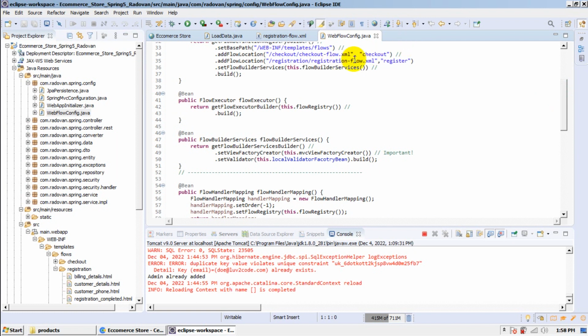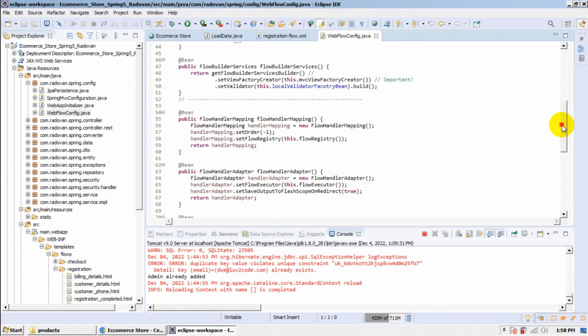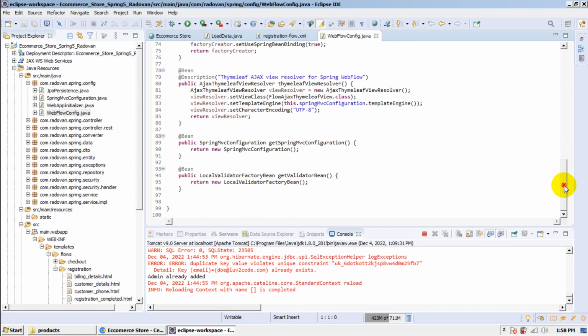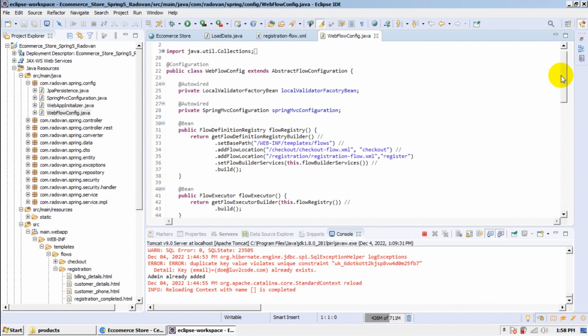These are flow locations, and the rest are the time-to-live settings with the Spring Web Flow. I didn't find it in the Spring Web Flow documentation, and again I found these settings on Stack Overflow, and I'm thankful to the author of the post, which was really helpful. Now I will just close this,